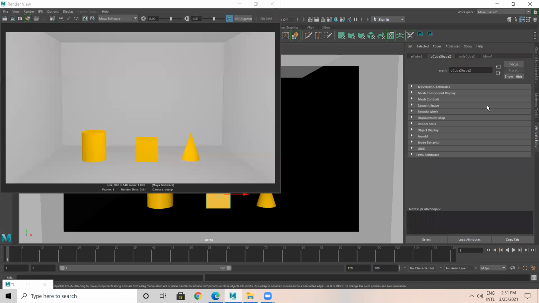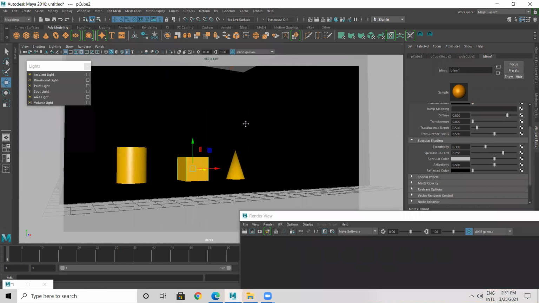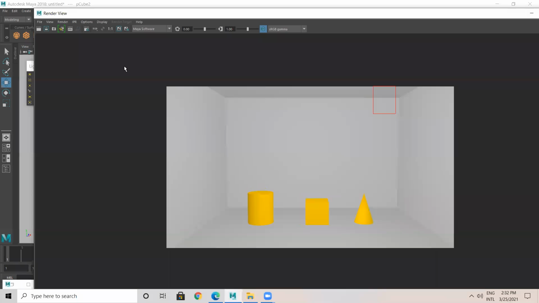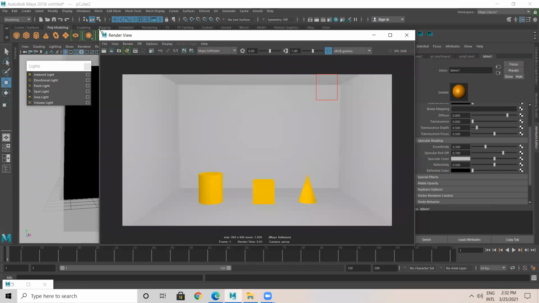See, my blend material supports reflection. In the viewport also, if you see, there is a reflection here. You can see some reflection in the viewport. But while rendering, I'm not able to see the reflection, because that's the property of this light. The property of this ambient light is that.